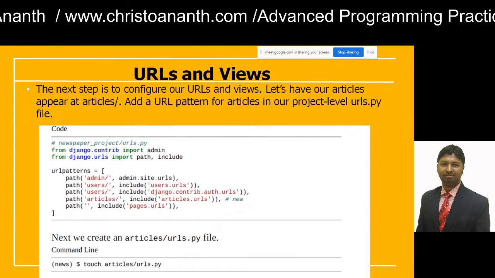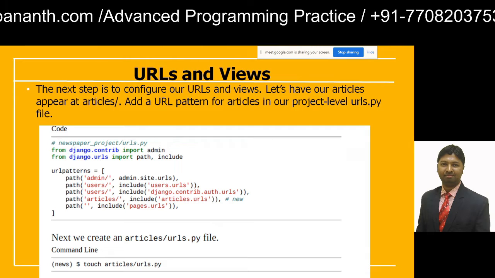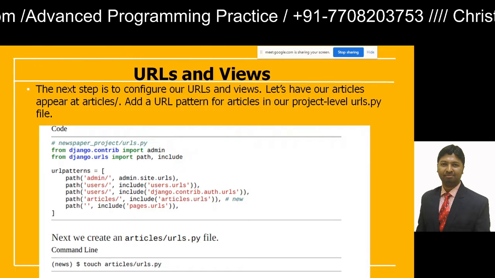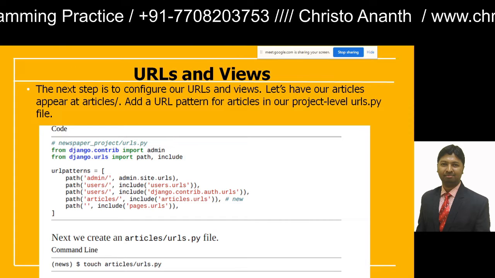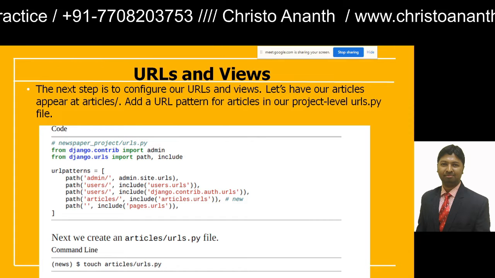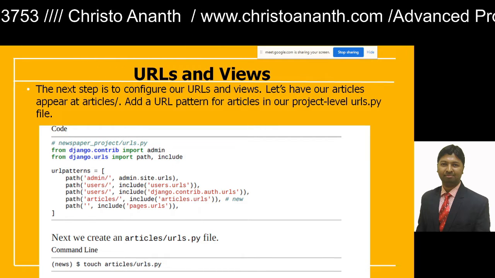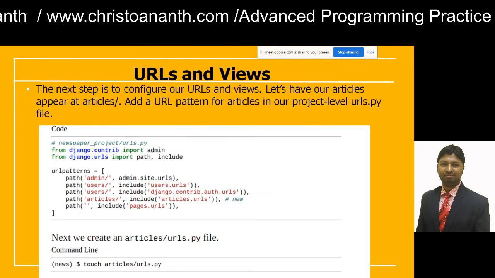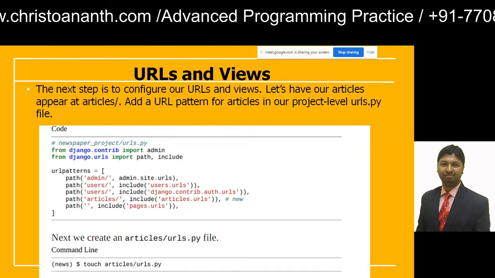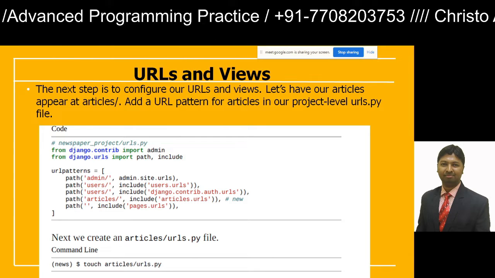And then we have the URLs and views. So what you do, you configure URLs and views. In articles, you add a URL pattern for articles in a project level urls.py file. So newspaper_project/urls.py. So from django.contrib import admin. From django.urls import path and then include. We have the urlpatterns. The path admin, admin.site.urls.